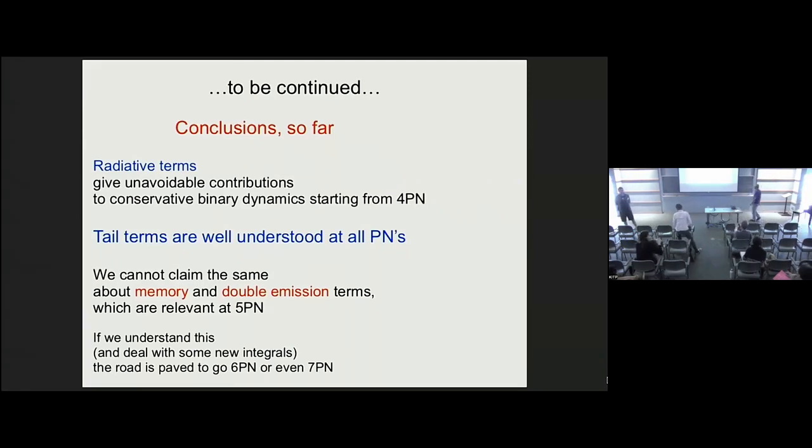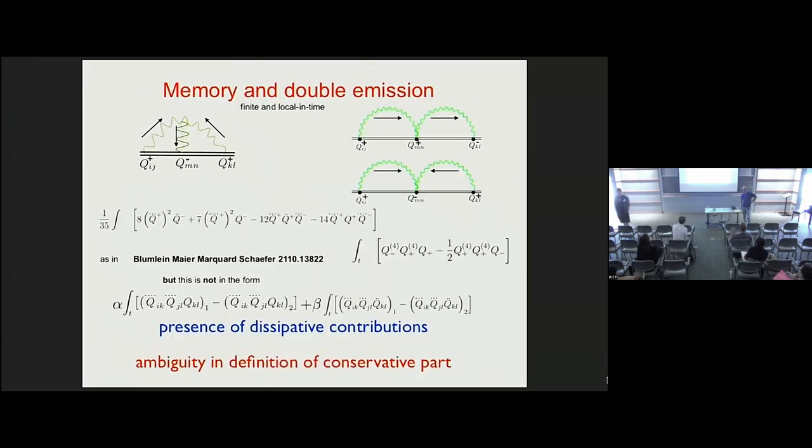So as a total outsider who has mildly dabbled in much lower orders, one thing that caught my eye was something about ambiguity in the conservative part on your slide. As far as I've been able to tell, you hear people talk about conserved and dissipative parts a lot. As far as I've seen, the definition of conservative is you use the time symmetric propagator instead of the retarded propagator. Okay, so you don't like that definition. So what is the definition, and then why is there any ambiguity?